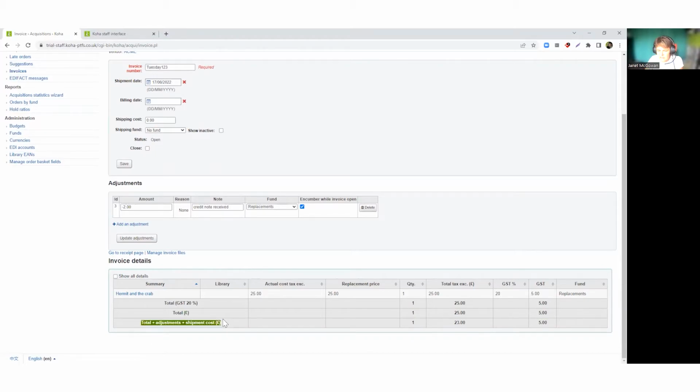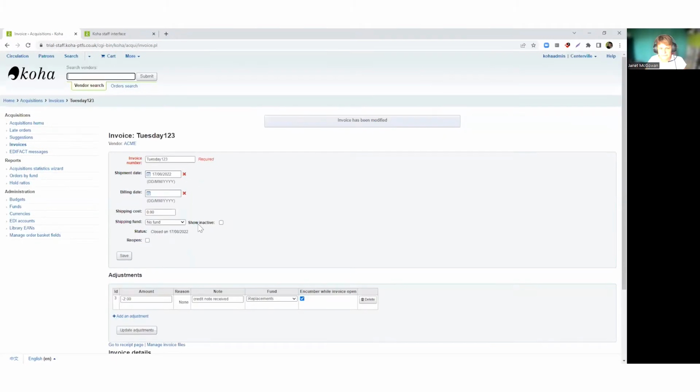But in the total plus adjustments plus shipment cost row along the end here, it's reflecting that £2 and charging me less than that 25 and applying £2 less in that column there. If I now subsequently close that invoice, click through into it and save it,